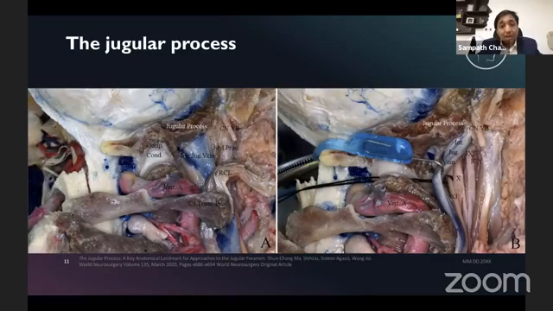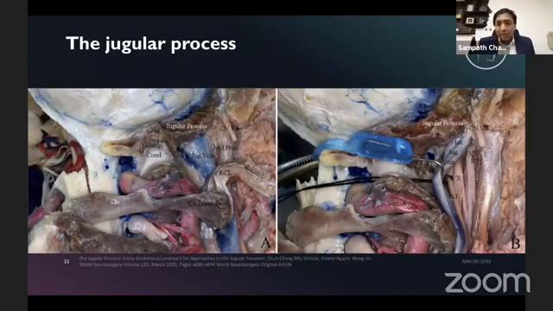The reason why I'm drawing your attention to the jugular process is because one needs to actually drill it out. I've seen a lot of people doing infratemporal fossa approaches. I've been to many centers, and a lot of people doing a lot of presentations on infratemporal fossa approaches. Remember, infratemporal fossa approach is not just about exposing the jugular bulb retrofacially and then nibbling out or removing pieces of tumor from the jugular bulb. If you leave behind this jugular process laterally, you have not completed your dissection, and it is for certain that you would leave behind tumor inside in the deeper aspects of the jugular foramen.